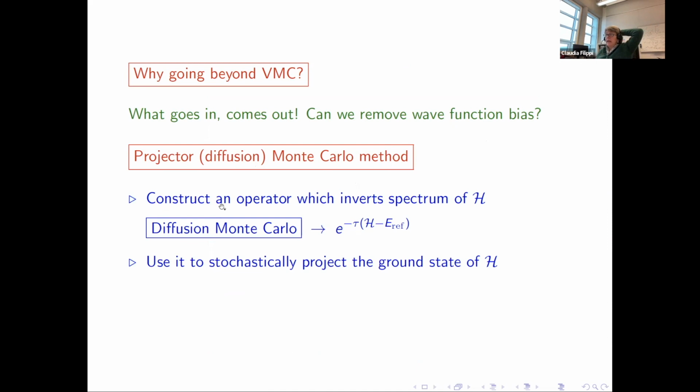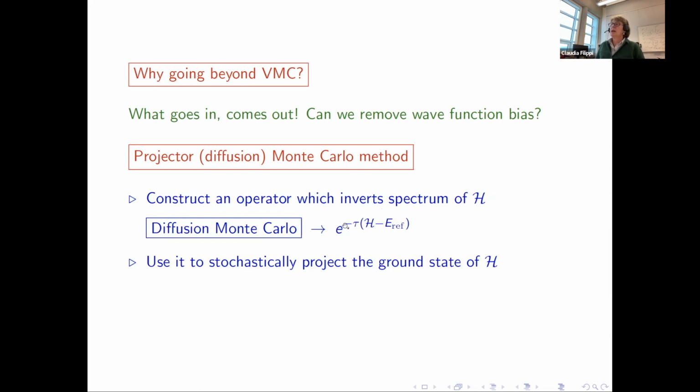The idea is that you have a starting approximate wave function, and you would like to apply an operator which inverts the spectrum of the Hamiltonian, something which kills the excited states faster than the ground state. For example, in diffusion Monte Carlo, your choice is the exponential of minus tau H, and then there is a shift. We'll get to the shift in a second.